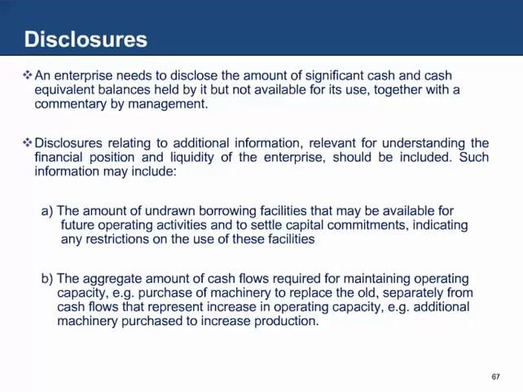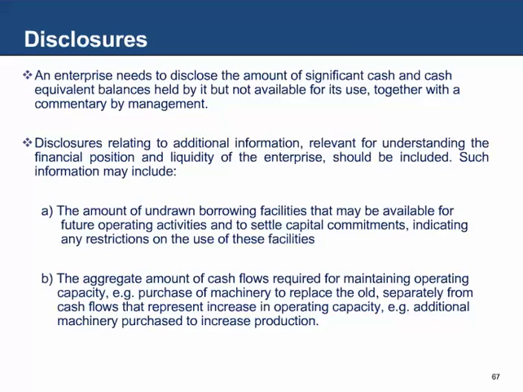Thus, if a company has taken a borrowing facility of say 100 crores, but it has just utilized 10 crores out of it, the company should under its notes to accounts disclose the fact that it has the borrowing facility of 100 crores, however, it has just utilized 10 crores out of that borrowing facility,